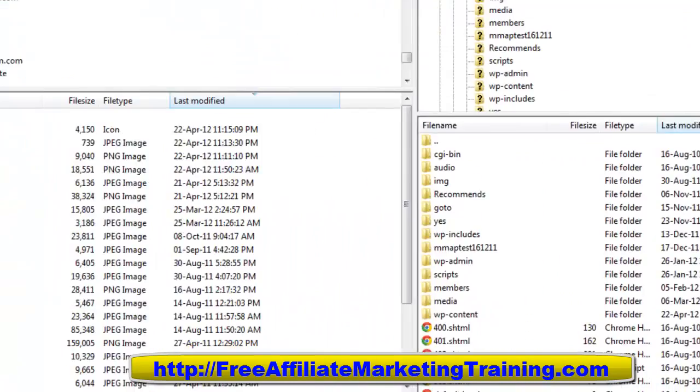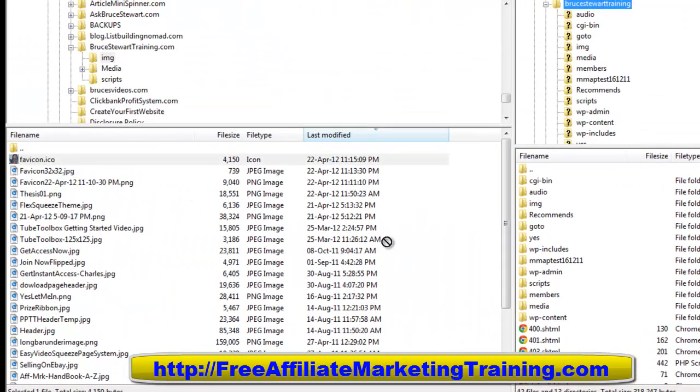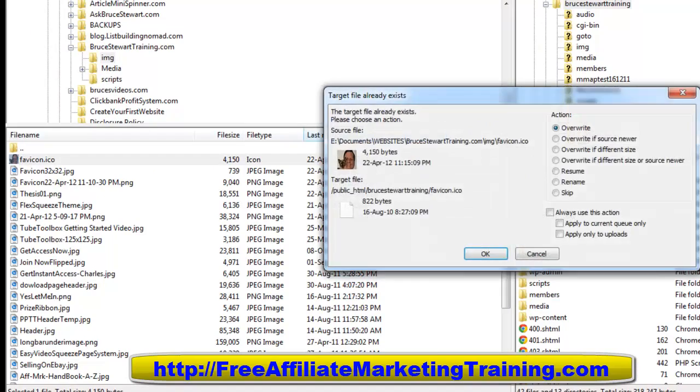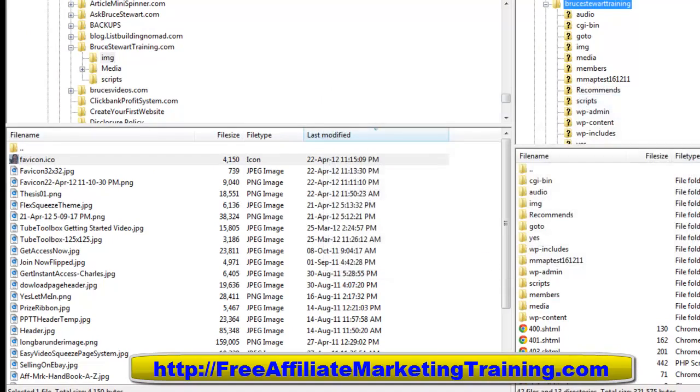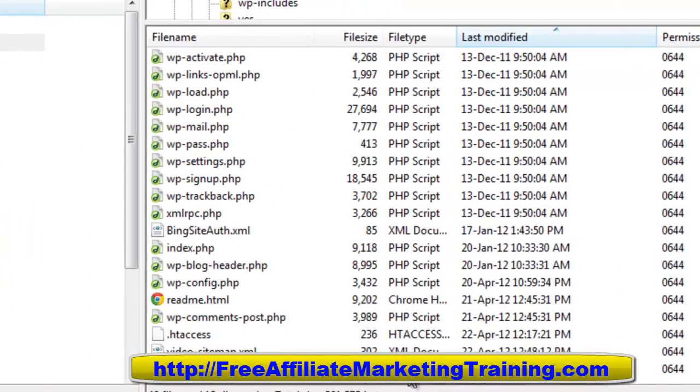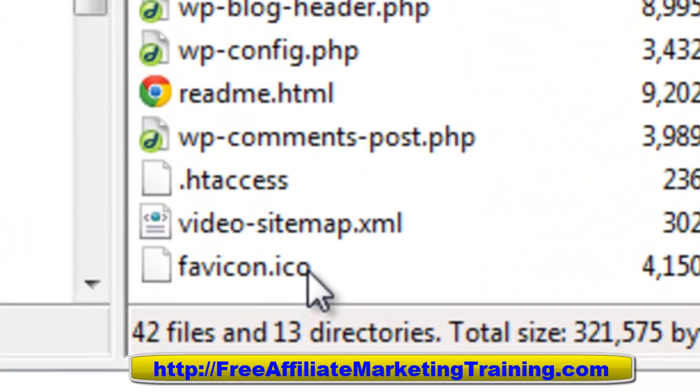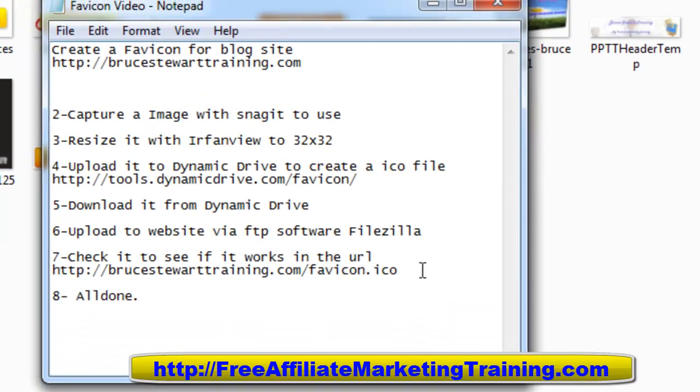So I just grab hold of it, left click, and drag it across and stick it in there like so. I'll just push OK. Now it should be in here, the ICO file. Yes, right, I should be able to put that away, all things equal and going well. Our next trick is to check it under that URL, which is